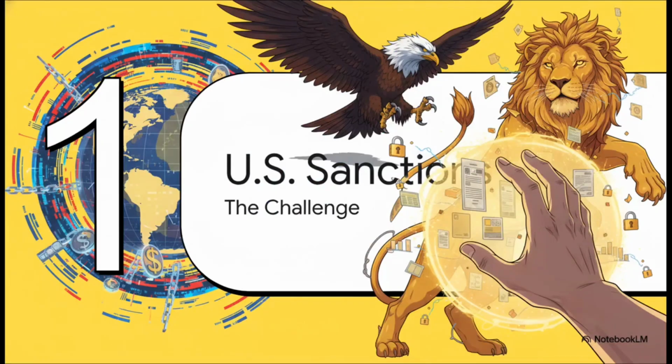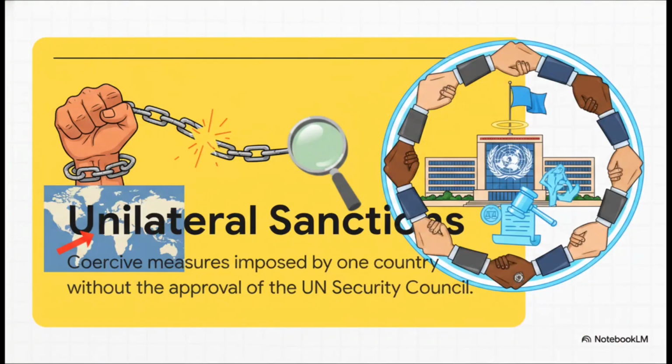Okay, so the challenge. Before we can analyze the threat, we've got to be crystal clear on what these sanctions are. What do they actually mean, and how big of a deal are they really? Right, and this is where we hit a really key point, a distinction you must make in your answers. Unilateral sanctions, that's when one country just decides to impose them on its own. No UN approval, nothing. That's completely different from multilateral sanctions, which have the full backing of the UN Security Council. If you can clearly explain this difference, the examiner immediately knows you understand the legal and diplomatic side of things.